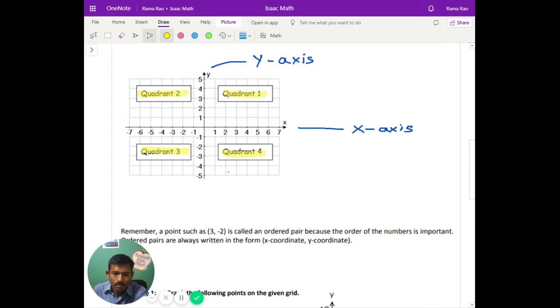So on your notebook, I want you to draw this. I'm going to write it down so you know what to write. Draw this coordinate plane, write down x-axis and y-axis, put some numbers, and make a little bigger picture, not too tiny or small. And I also want you to write